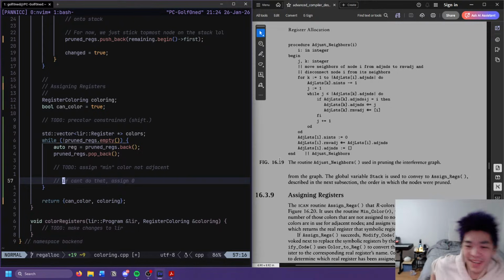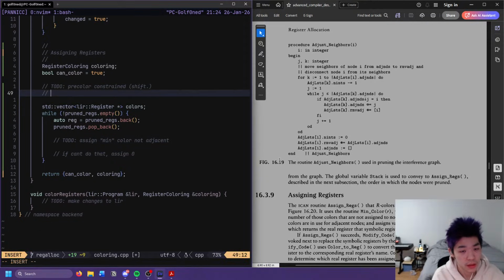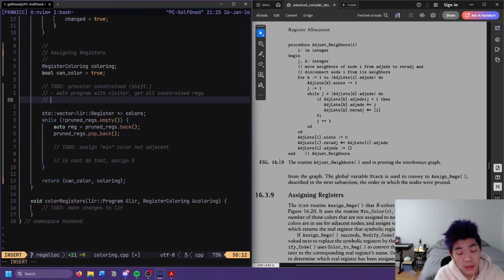Okay. Everything is going south. I guess pre-coloring we have like a visitor. I guess walk program with visitor, and then we get all constrained regs. And then what do we do with this now? This does not seem right.